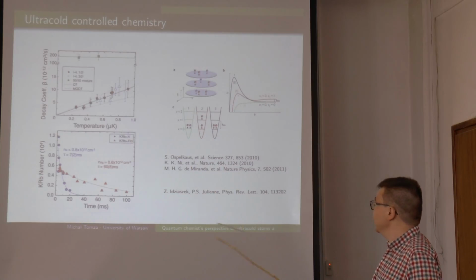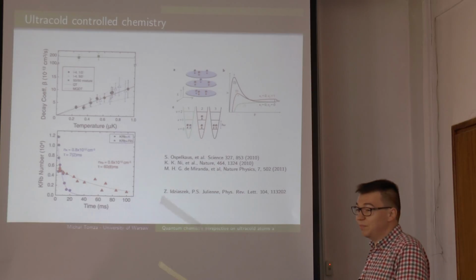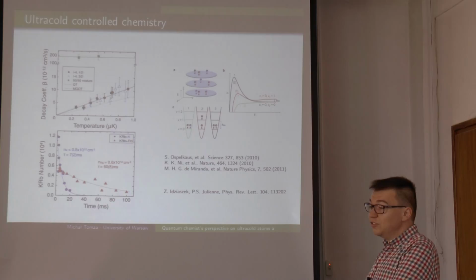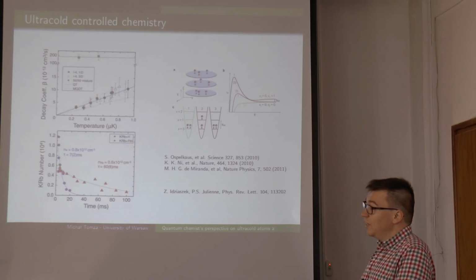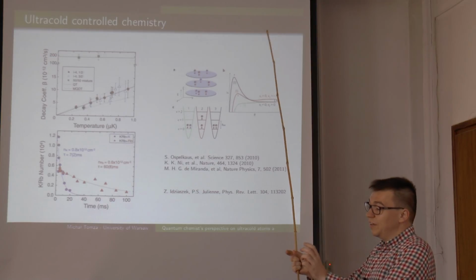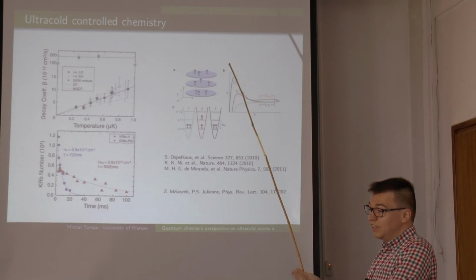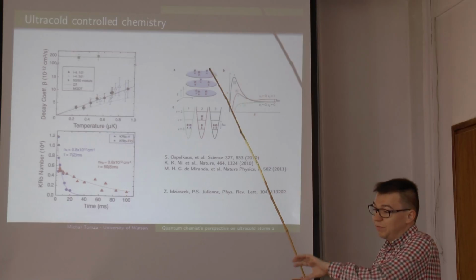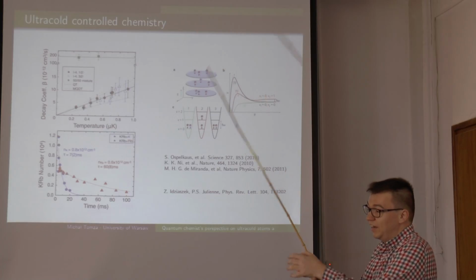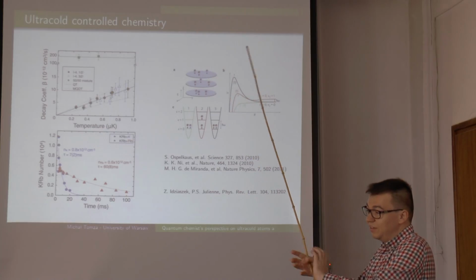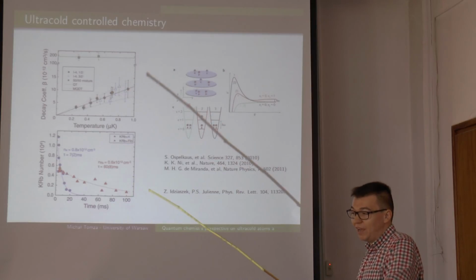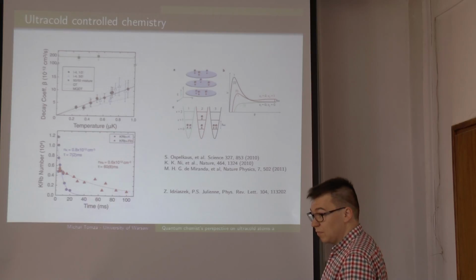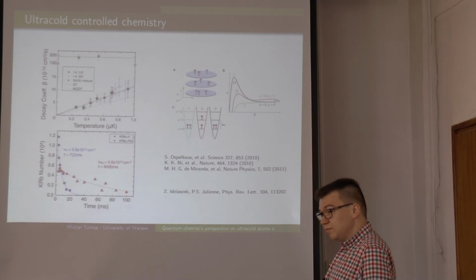And in fact, it was, for example, Zbyszek and Jaszek with Paul Julienne, who suggested a very simple model to describe this picture. In this model, they only assume that when molecules are very close to each other, they are lost, and there is no information from the products. So there is no flux of information coming back from the reacting complex. Once the molecules are together, the system does not know anything about what's going on in the system and where the losses go.